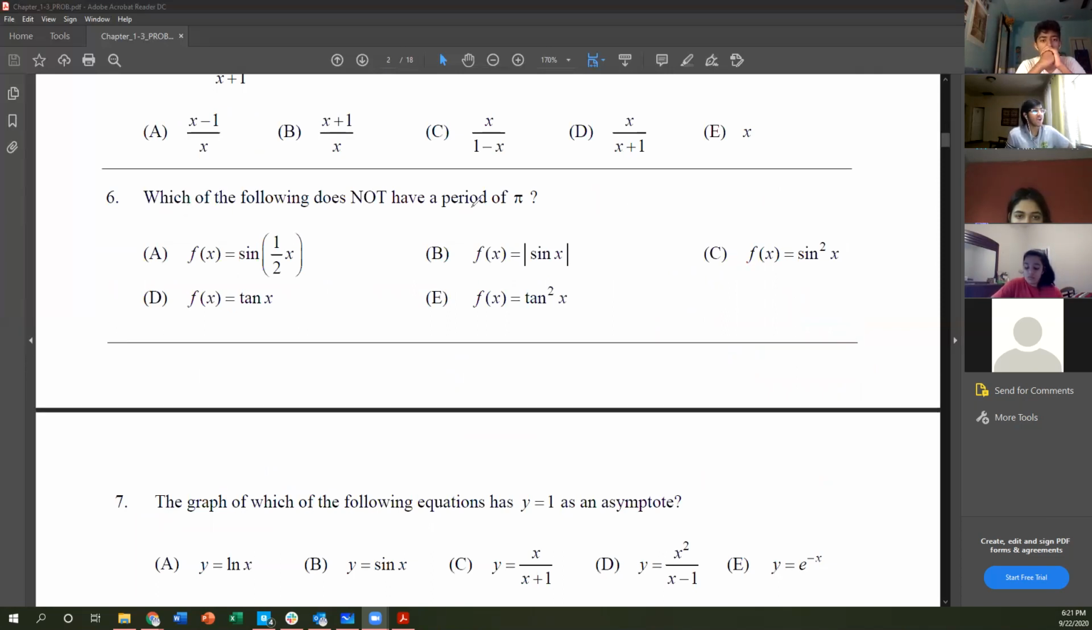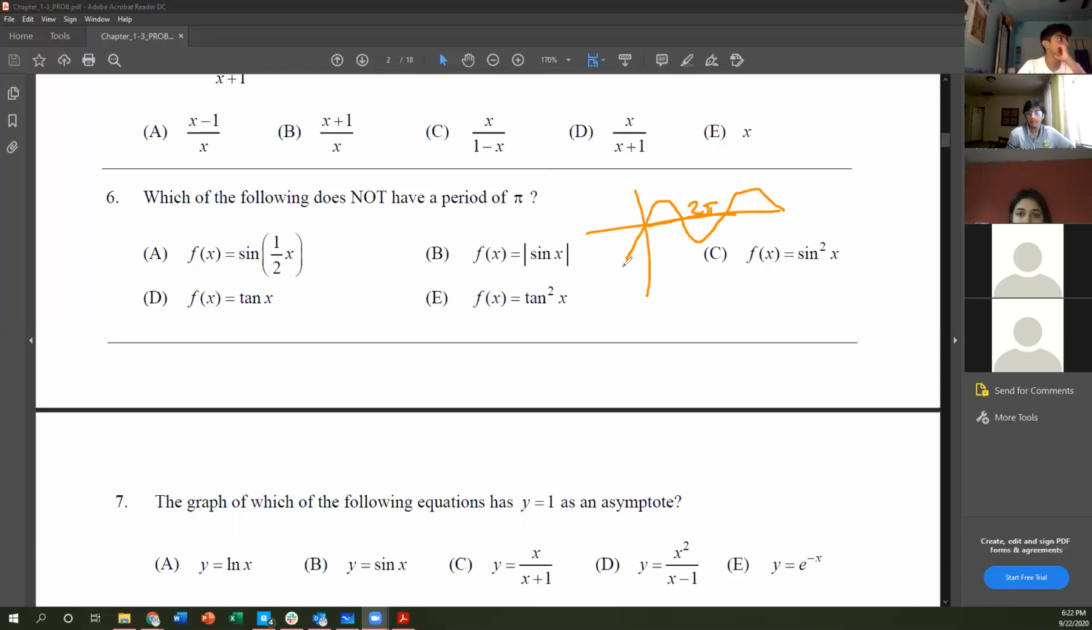Which of the following does not have a period of pi? Okay, so let's just remind ourselves, when we have sine of x, this has a period of 2 pi. Correct me if I'm mistaken. It has a period of 2 pi, right? Okay, so if it has a period of 2 pi, if I take sine of half x,